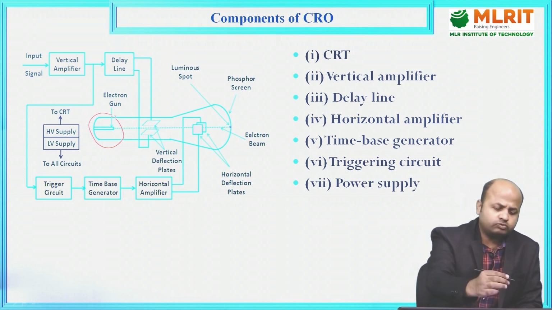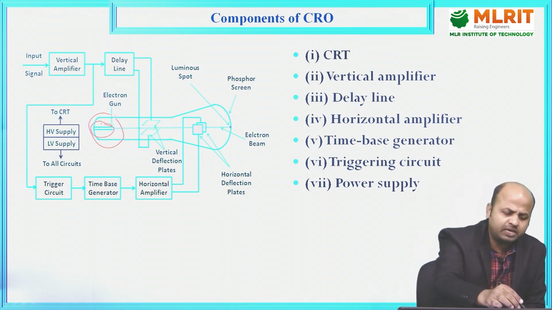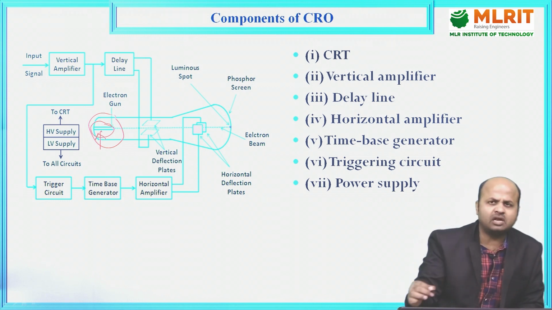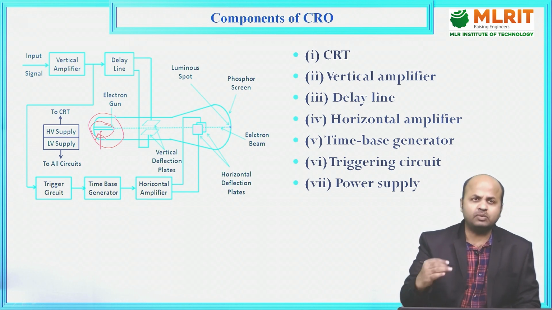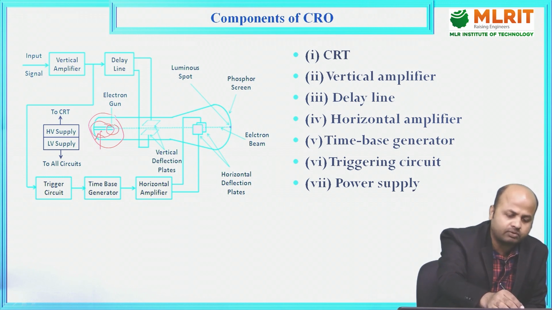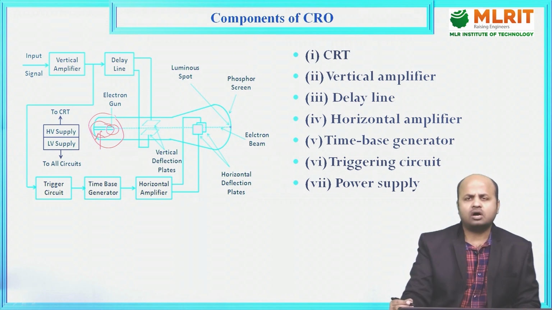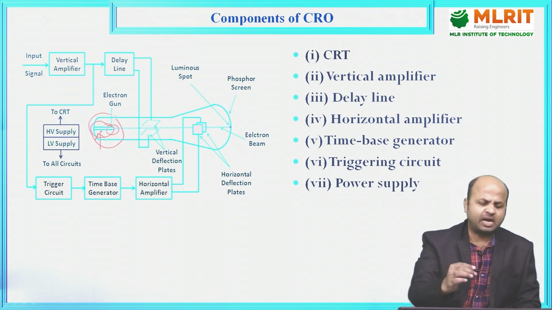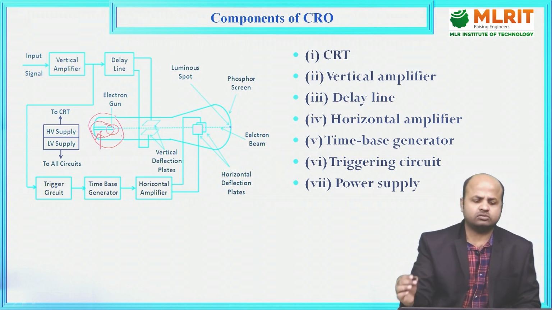Actually, it is made up of some cathodic material. We have to heat that cathodic material and apply some negative voltage at the electron gun, by means of which we will be able to eject the electrons from the electron gun. So, electron gun primarily releases the electrons upon the action of negative voltage and some heating. In this way we can generate the electrons.